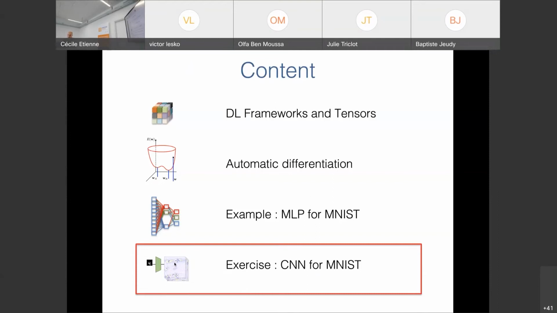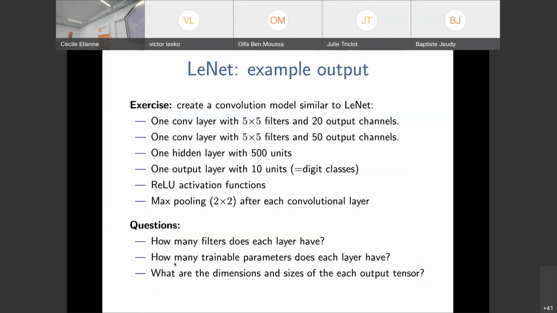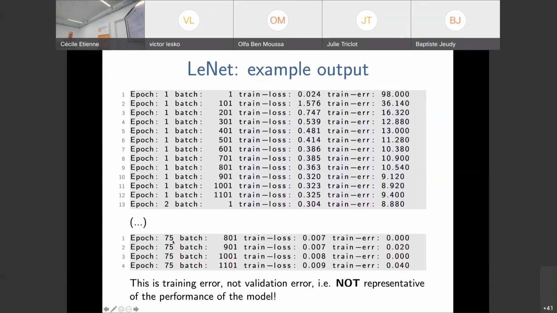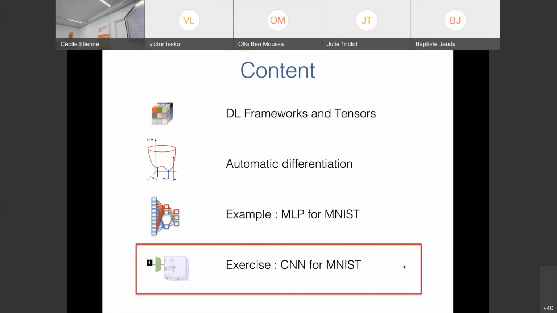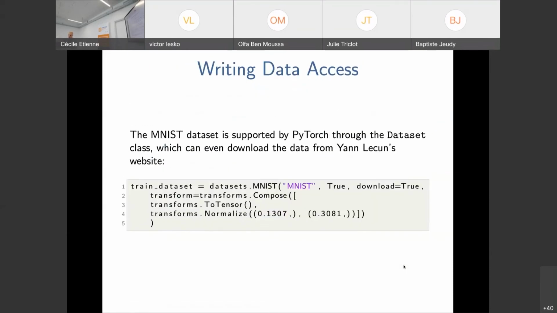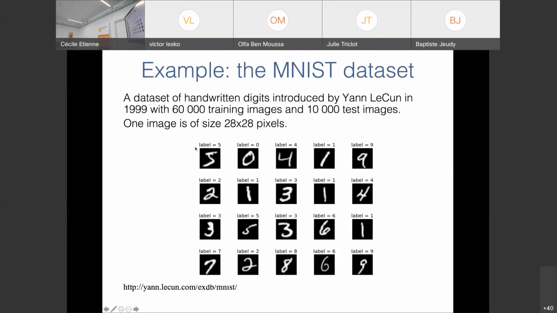To do convolutions, I'll give you a little bit of help, but if we do that, after 75 epochs we can go down to a train error of 0.04%. In terms of validation error, it's the same, so the validation error is much lower. The reason is that we have 60,000 training samples, and logistic regression, just think about what logistic regression does. It takes the whole set of pixels,